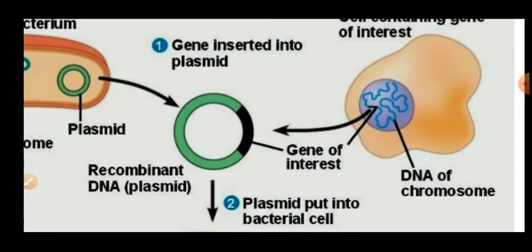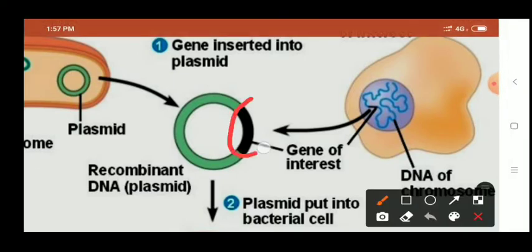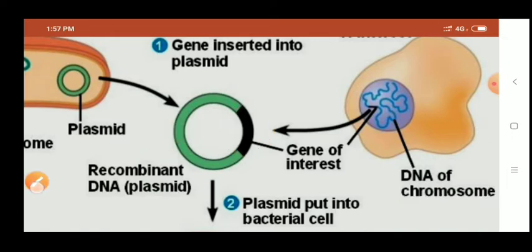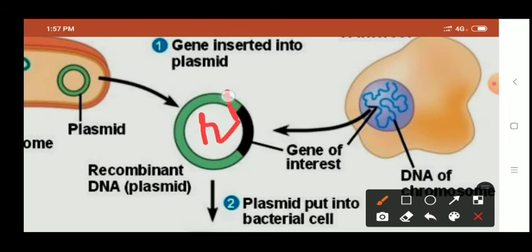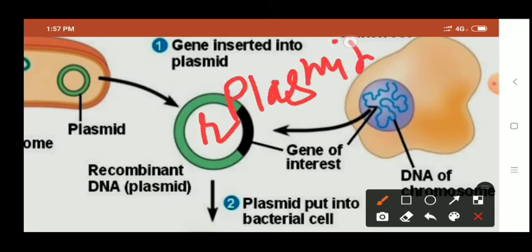So the one which is shown in black color is the foreign gene or the desired gene inserted inside the green colored particle, which we call a vector or a plasmid. Now the vector that is produced is called a recombinant plasmid. So it is a recombinant plasmid. Why is it a recombinant plasmid? Because it is plasmid DNA carrying the foreign gene. So, isolation of the foreign gene, and insertion of the desired gene inside the vector to produce a recombinant vector.